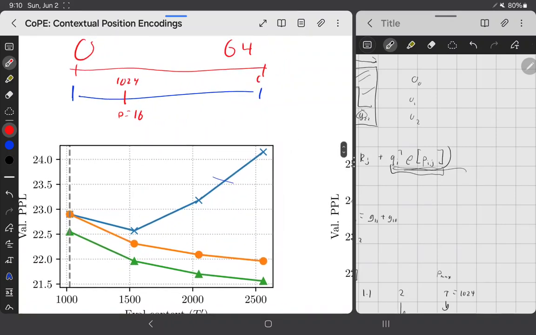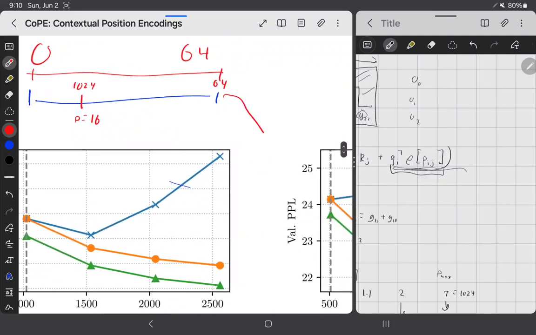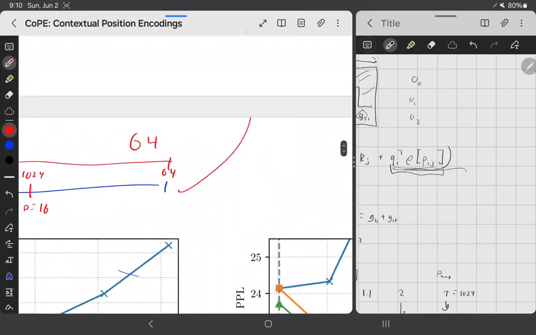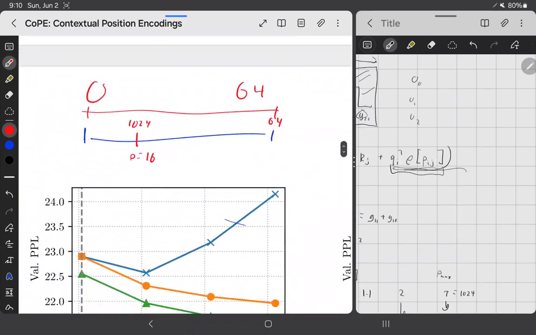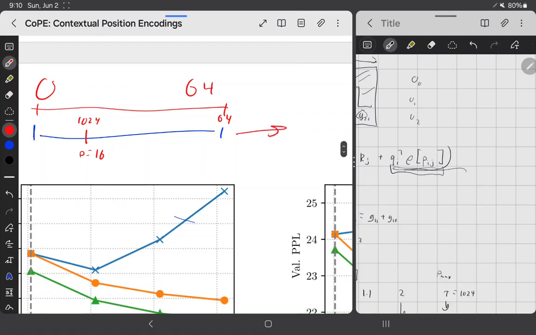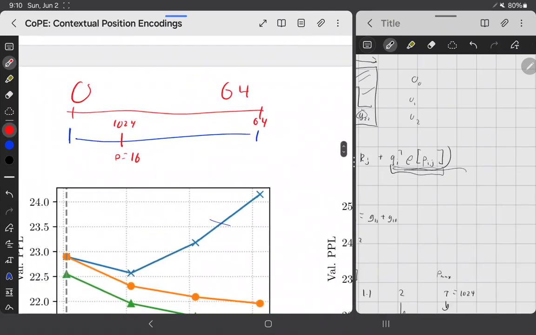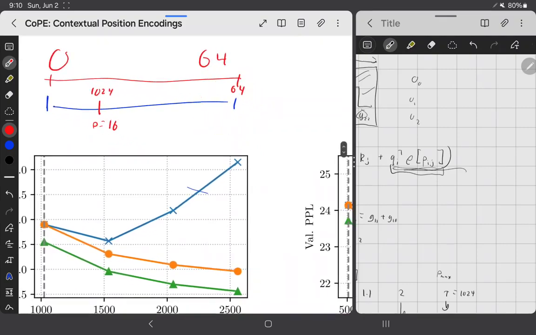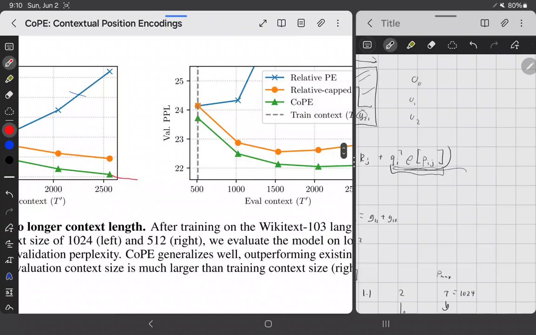I bet once it gets to position 64, the perplexity is going to skyrocket and it's going to die, because like normal positional encodings, it's never seen a position higher than 64. This is essentially just a smart way to interpolate rope embeddings. It's not going to extrapolate well beyond this 64 embedding here. So I would imagine if they kept on going, it would do quite well, and then it would skyrocket